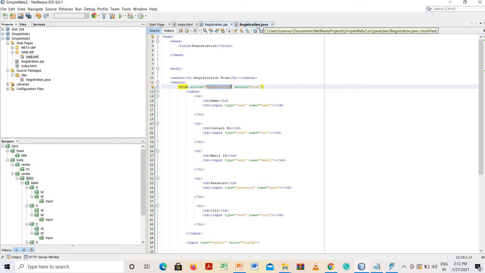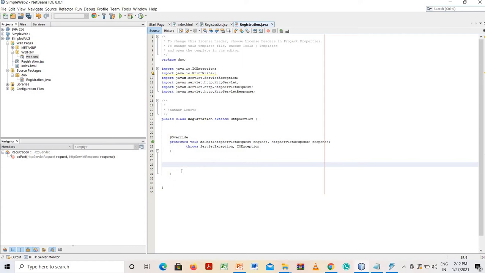Okay, so what is the aim here? First of all, I will define everything in Java as a string. So first of all, I will define one string as a name, string name. See, here what do I have to do now? Here what is the first step? The first step is that I want to import all these things.